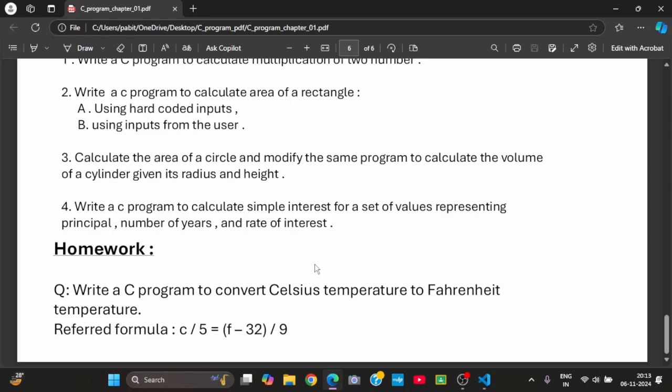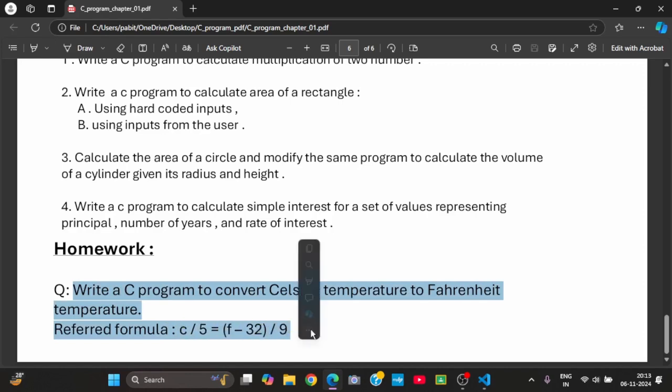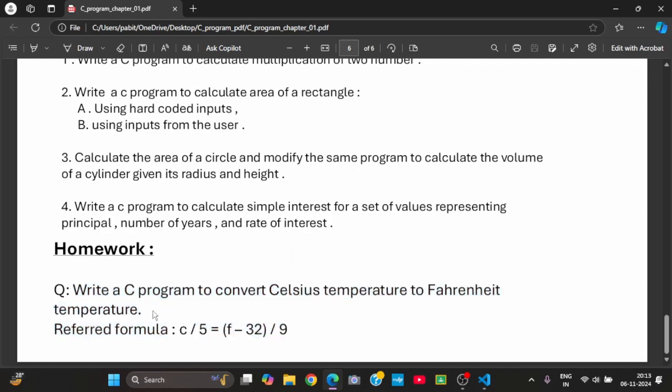I will put it in the comment section. Then we have to simply write the code, so that I can understand that you understood all the things that we have done in this class. Okay, right. Then write a C program to convert Celsius temperature to Fahrenheit temperature. That's the formula. You can use this formula and can write